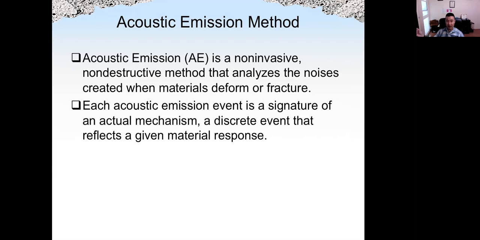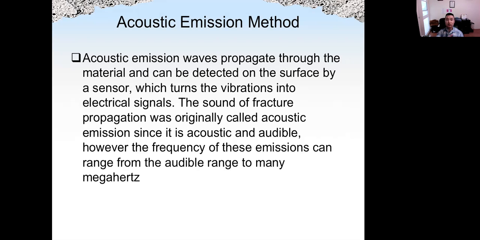For the impact method, we generate the force, the wave, using a hammer, a chain, or steel ball. But in this method, we do not apply the mechanical wave. The instrument only analyzes and receives the wave. So acoustic emission wave propagates through the materials, and then it can be detected on the surface by a